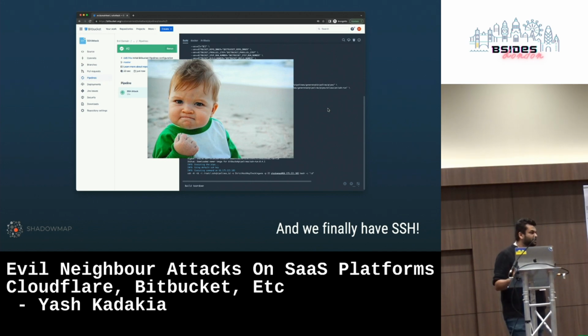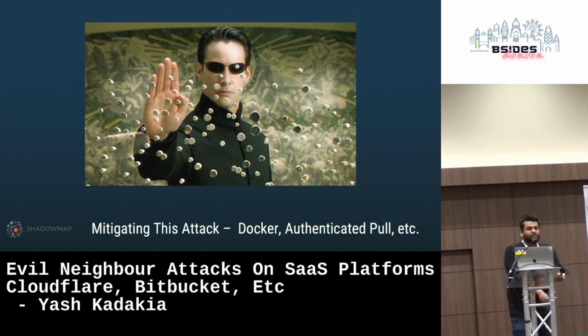And these are a couple of examples, right? There's a lot of other platforms that I think are potentially vulnerable. It's just we haven't had the bandwidth to go and test each one of them out and figure it out, right? Mitigating this particular attack is a little bit of a challenge. Currently, we've spent a lot of time brainstorming, and the customer we did the red team for was not happy. We didn't have a solution. There wasn't much we could do there, but we thought about it a whole bunch, and the only way we could really recommend to them was to restructure to use Docker instances versus the direct SSH push, right?